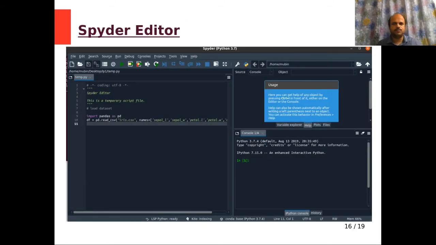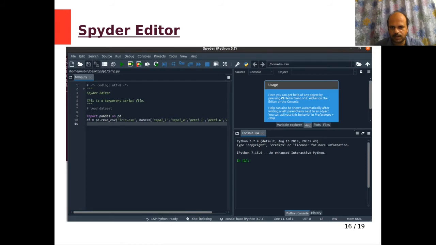Now the next point is about the Spyder editor. Spyder editor is used to write programs. This is the general layout of the Spyder editor. In the Spyder editor, we have a space where you can write the script.